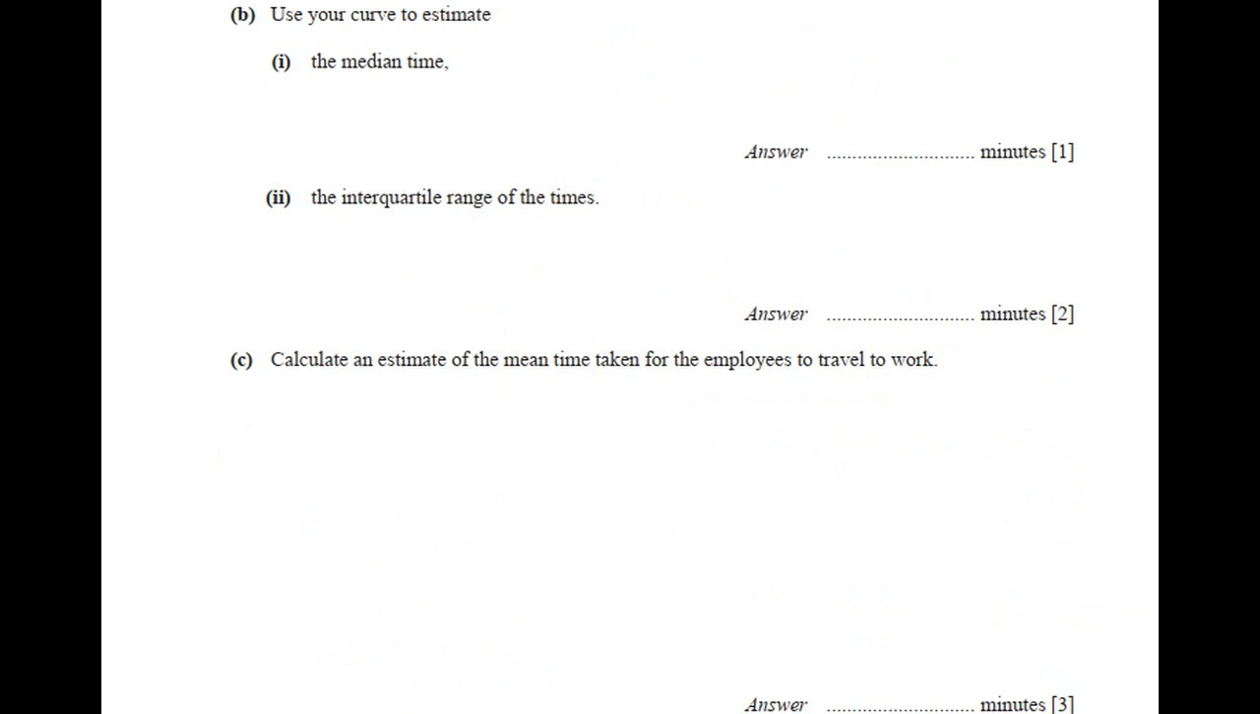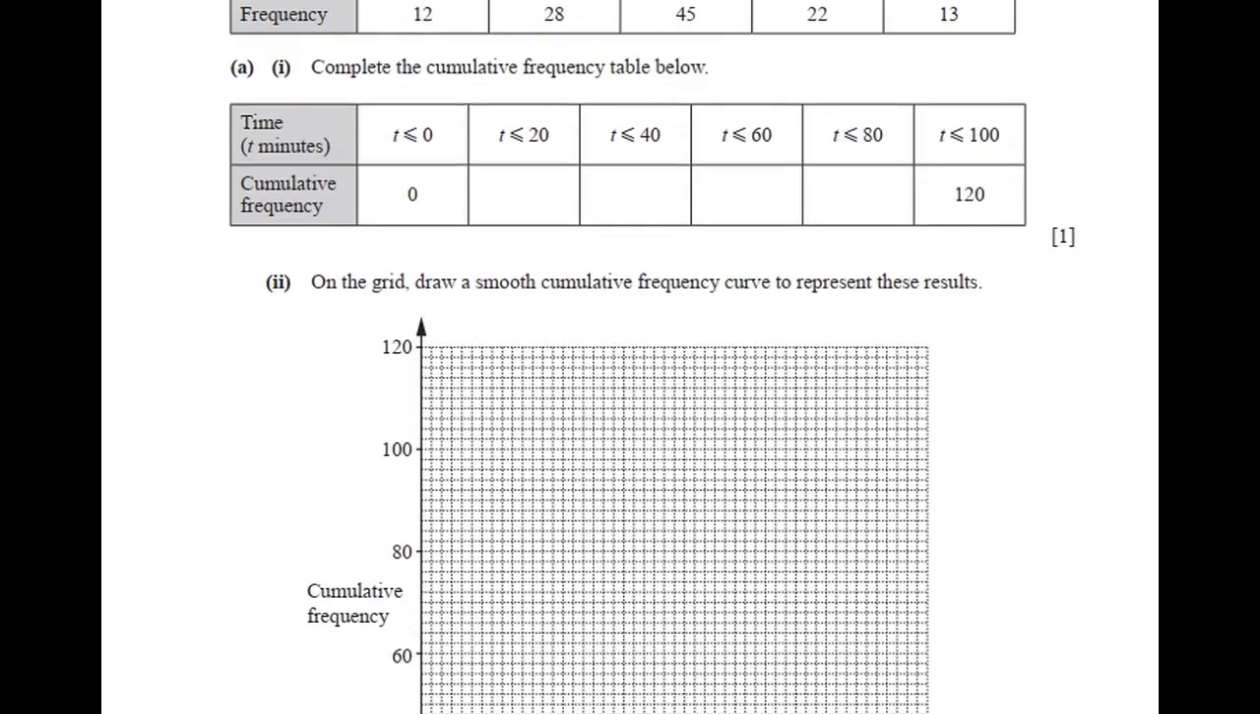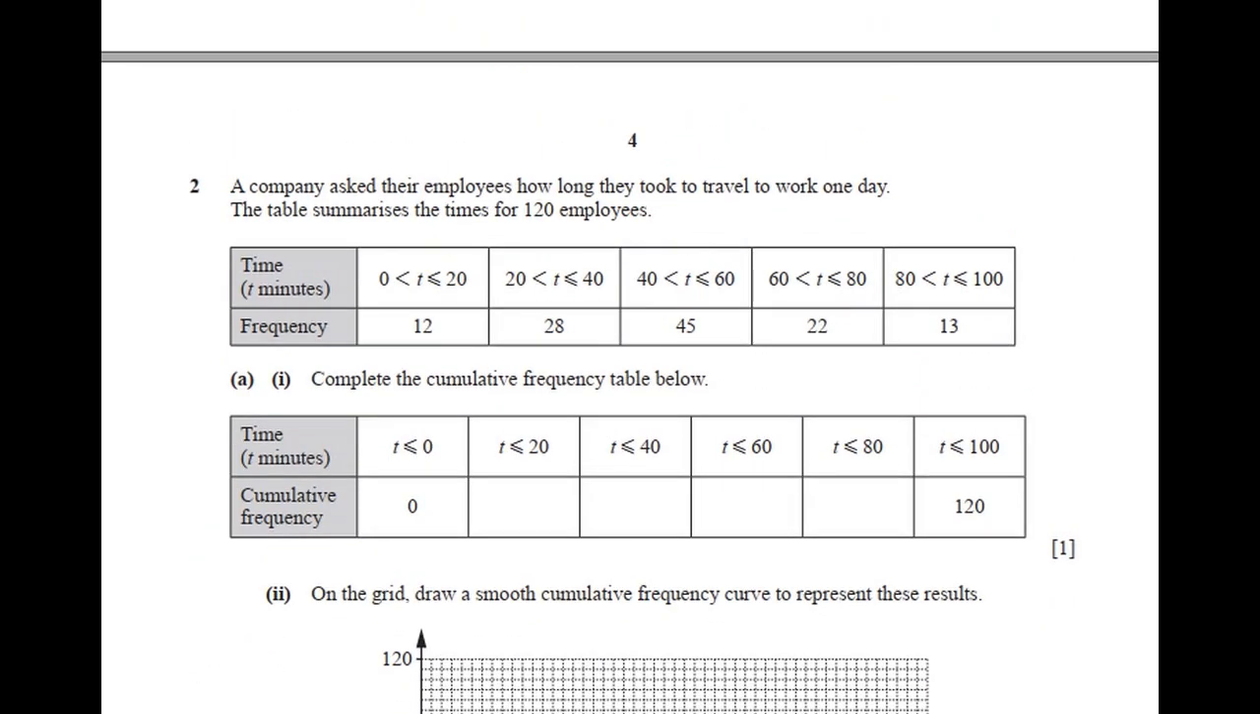Calculate the mean travel time to work. For that, we go back to the original table and find the mean from here. So find the middle value of this, 0 to 20, that's 10. So 10 times 12 plus middle value of this, which is 30, times 28 plus 50 times 45